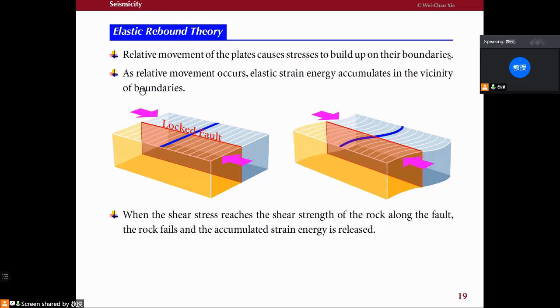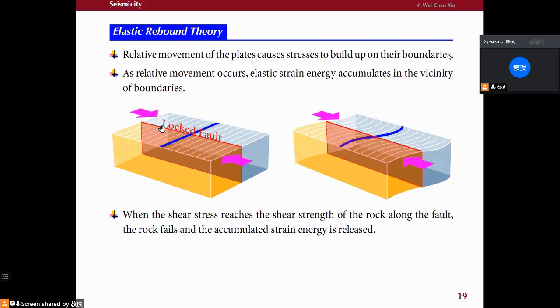The theory of earthquakes is based on the elastic rebound theory. Relative movement of the plates causes stresses to build up on their boundaries. As relative movement occurs, elastic strain energy accumulates in the vicinity of the boundaries. For example, the light blue part moves in this direction, and the yellow part moves in the opposite